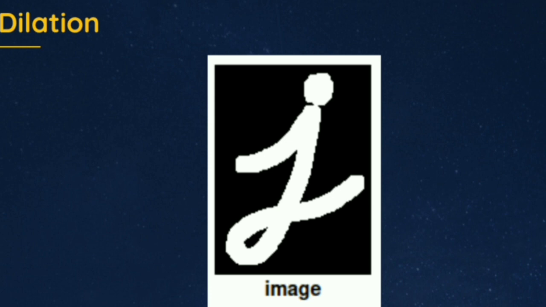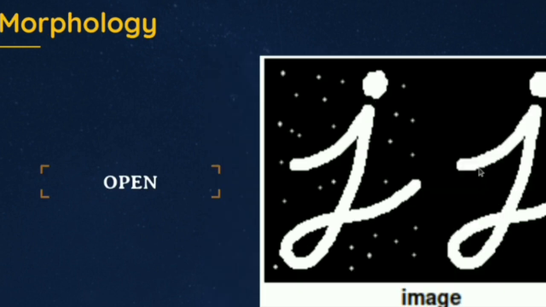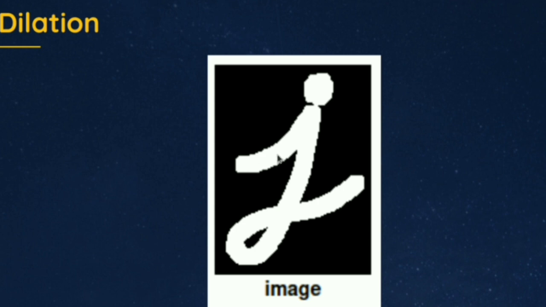Dilation is nothing but covering our object. For covering it, we are enlarging our object. Our initial object will be thin, suppose this is the input, then you are going to enlarge its boundaries so that it will cover the whole object and you will get the desired result very clearly.